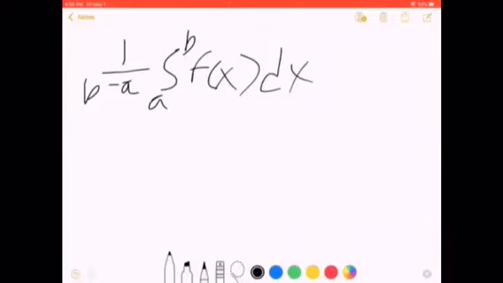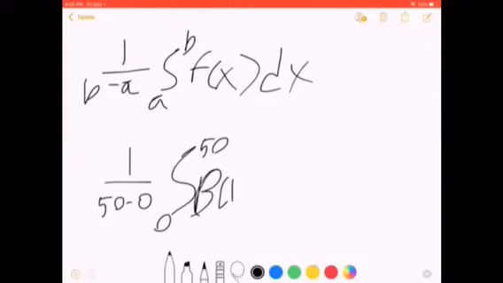So we already know that the rate of change is b of t minus d of t, and since it's asking for the time from 0 years to 50 years, it's going to be 1 over 50 minus 0, with the integral from 0 to 50,